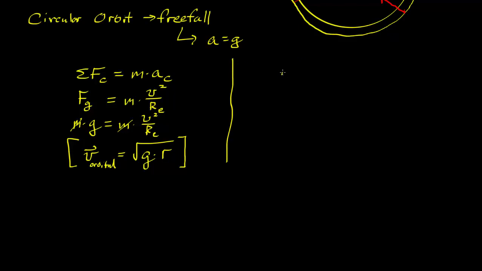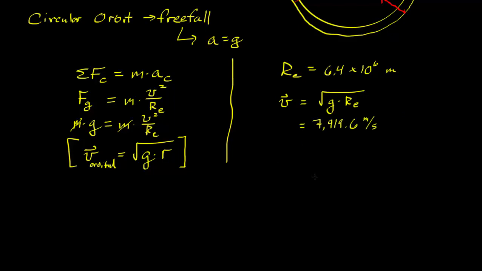So the radius of the Earth is 6.4 times 10 to the 6th meters. And so we can just do this. The velocity to put it into orbit would be the root of g times the radius of Earth. And we get 7,919 meters per second, which is about 17,000 miles per hour,